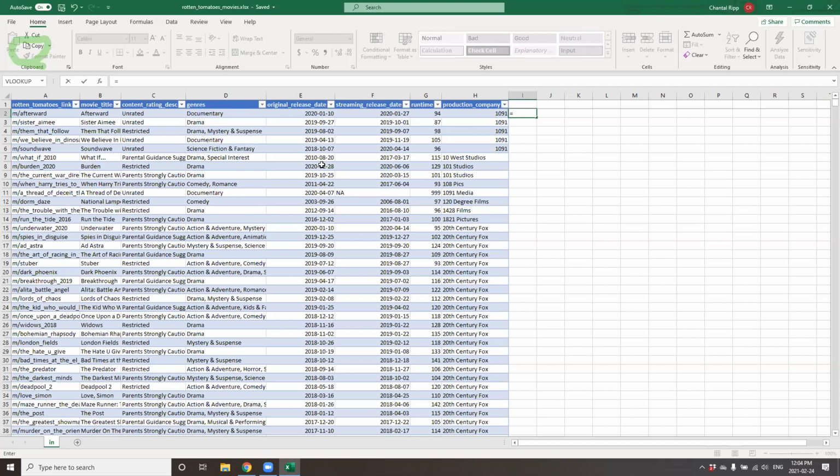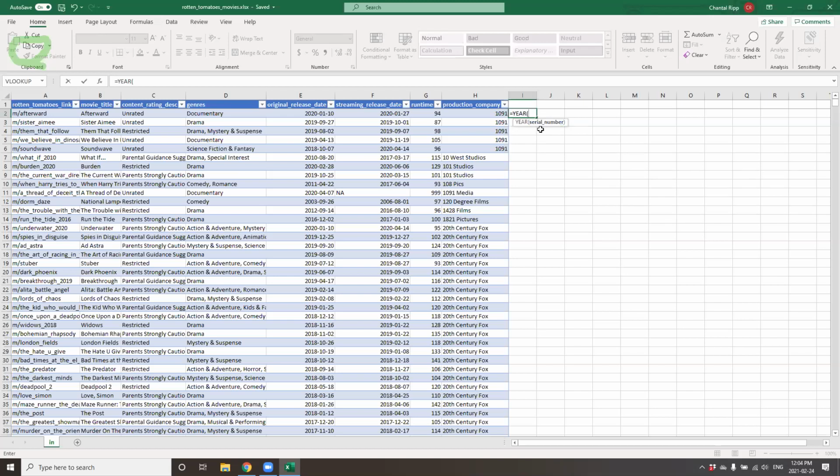One function that is a very fun one to work with, and a very basic one, is a date function. I've seen here in the original release dates, they have the information organized by the year, then the month, and then the day. But maybe for this table that's a little bit rich for my taste; I'm particularly looking for just the year information. I can input the function equals YEAR, open the bracket, and Excel is great because it tells you what it's looking for.